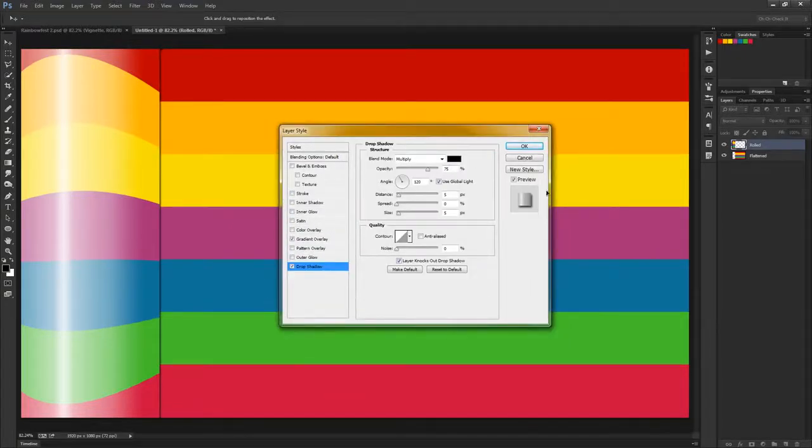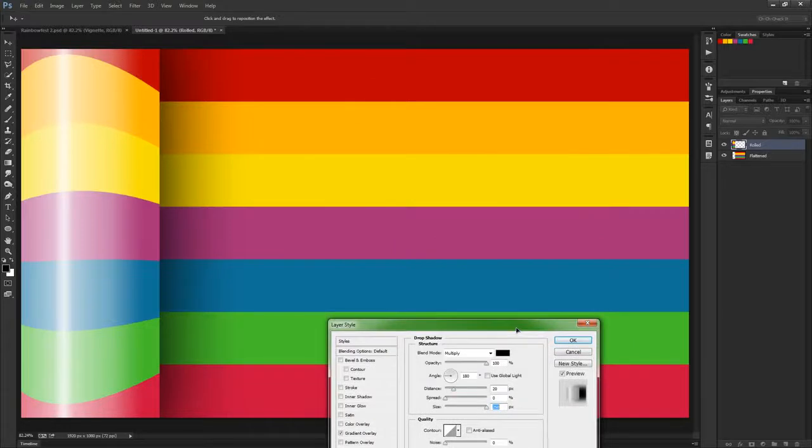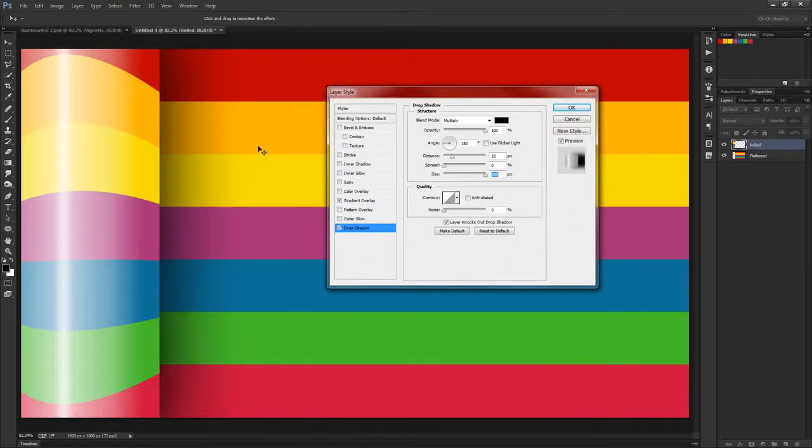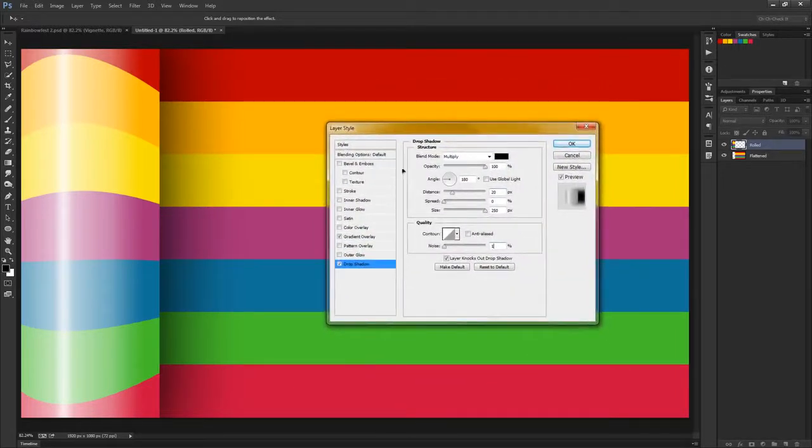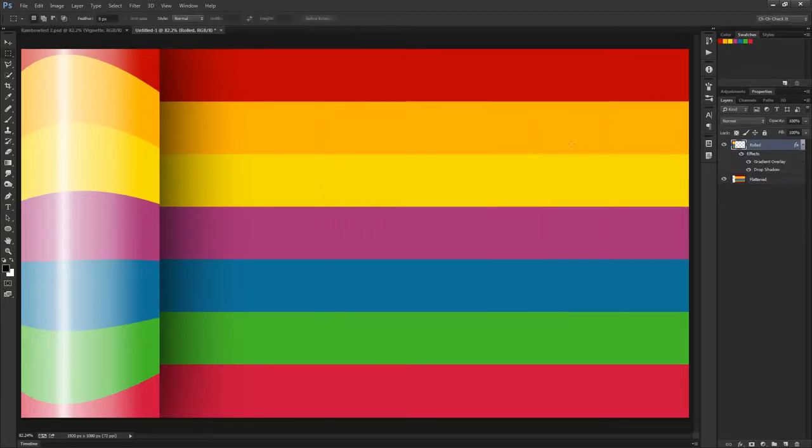Whoa, I'm getting a little tongue twisted here. And for this, let's put the opacity up to 100%. Let's toggle off the reverse and change that to 180 degrees. Let's put up the distance to about 20, and then we'll max out the size at 250. So that's looking like a pretty nice drop shadow. However, I do see a little bit of banding going on, so I'm going to put the noise at 1% to try and smooth that out a little bit. Alright, now that those two things are done, we can hit OK and move on to our next step,